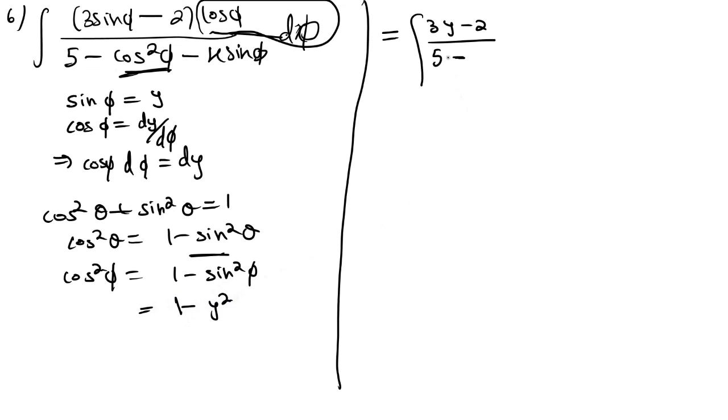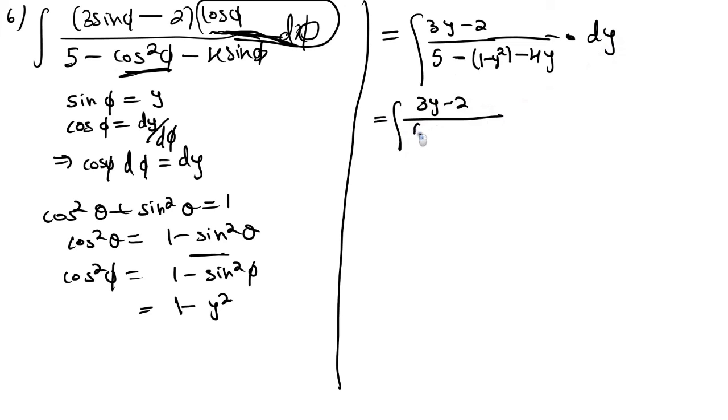y square, right? So 5 minus 1 minus y square minus 4 into sin pi value, which is y, into what is the value of cos pi into d pi? Cos pi into d pi value is dy. So it's equal to the integration of 3y minus 2 divided by, see, 5 minus 1 plus y square minus 4y